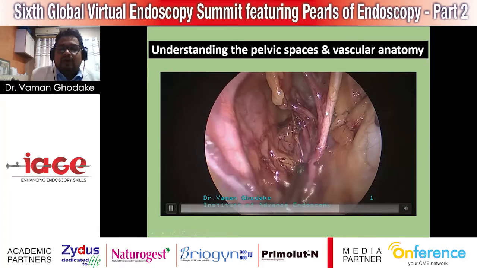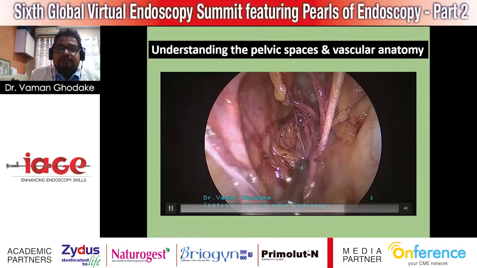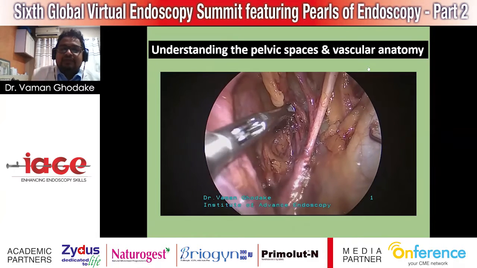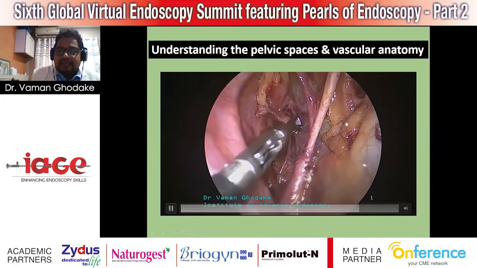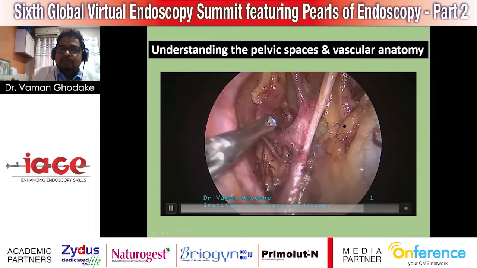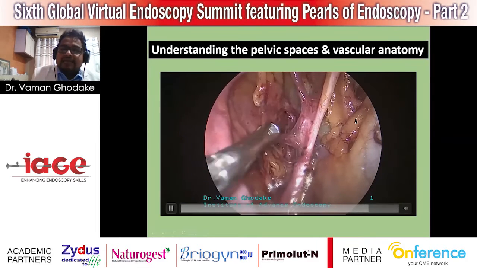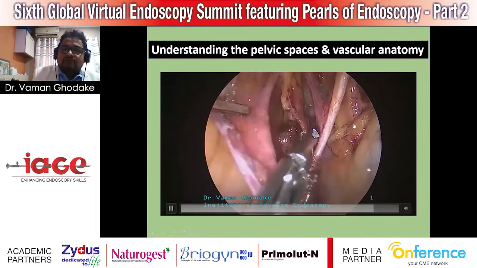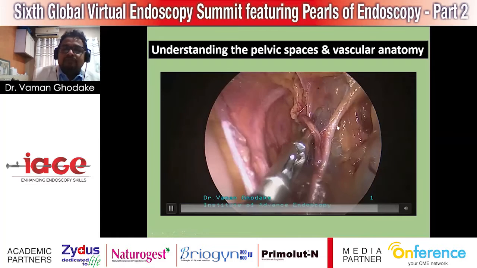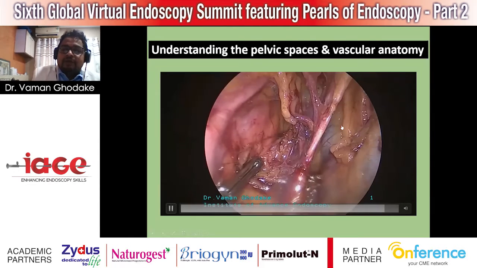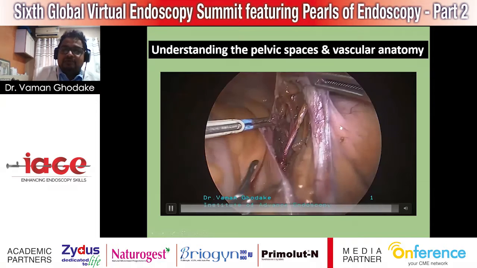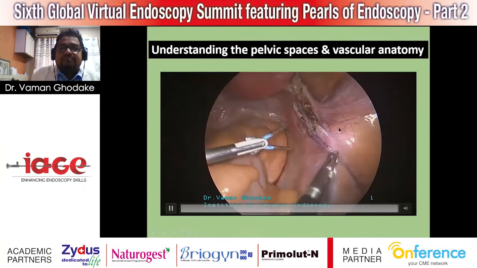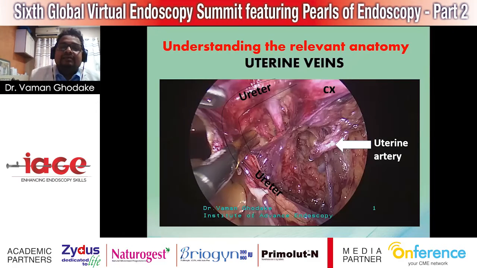Now, here we are not using any energy source, and if the dissection is clean, we'll have all the structures and very clear anatomy and nice planes. And at the end, the surgery should fulfill the criteria for minimal invasive surgery. If we approximate the peritoneum, you'll find that this will completely fulfill the criteria of minimal invasive surgeries. So everything is closed. Now, after artery, we'll consider the veins.